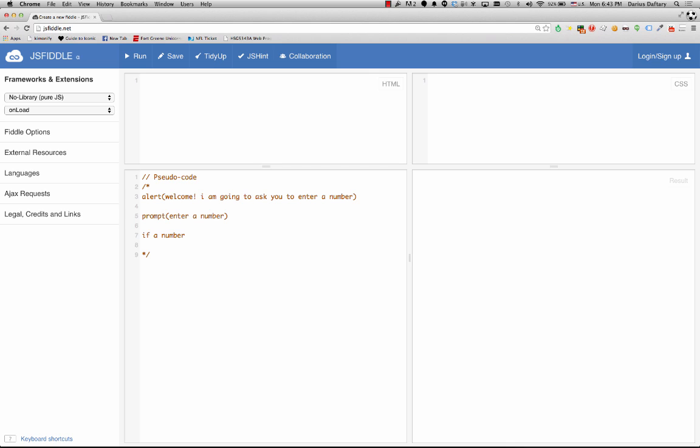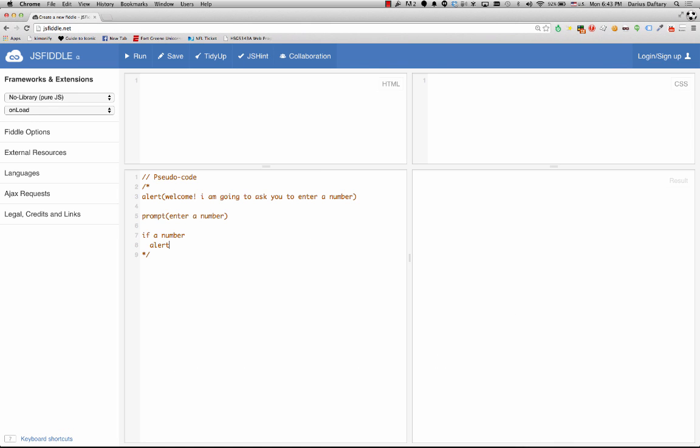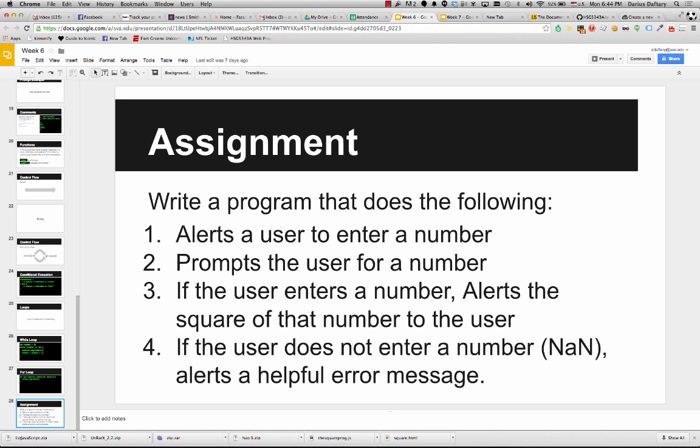We're just squaring, which means multiply the number by itself, right? Yeah. Okay. So if it's a number, we'll kind of do a fake indent. Then what was it? Alert the square of that number. And then if the user does not enter a number, alert a